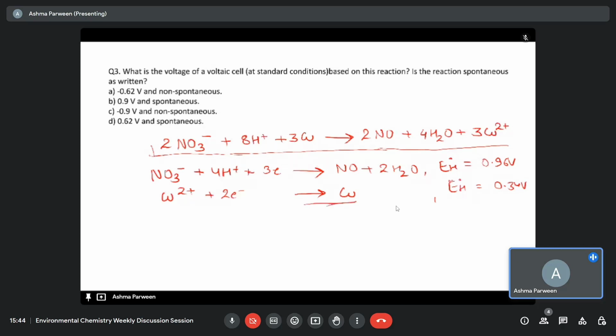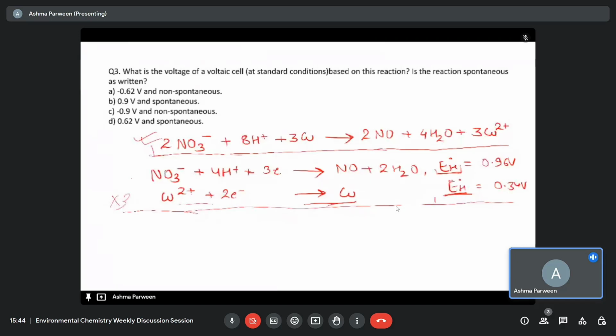Also, we have to find out the E naught of the cell, and we know that E naught is given per mole of electron. So if we balance the electrons by multiplying these two reactions, it will not affect the value of E naught. So first let's balance the reaction. The balanced reaction is given here, so it is 3 electrons, so it will be into 3, and first we have to